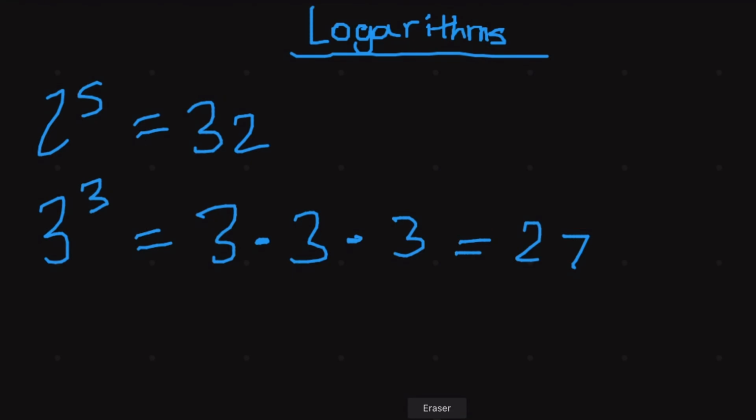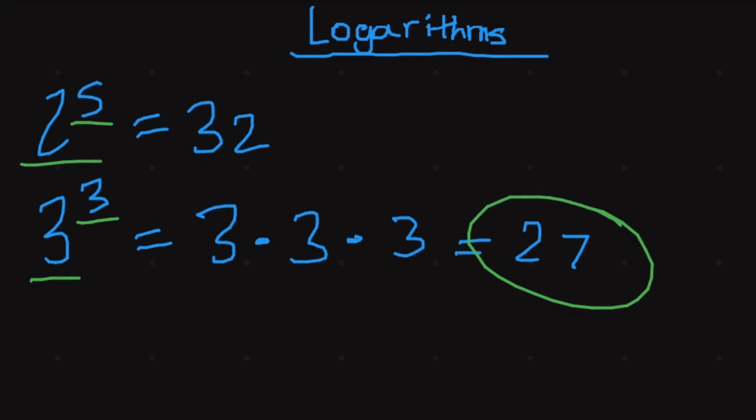So this is all fine. We're given a base, 3, and we're given an exponent, 3. In both examples, it's the same way. And we're asked to find the output, which was 32 and 27. But what if